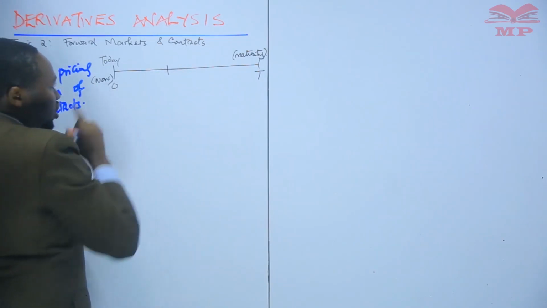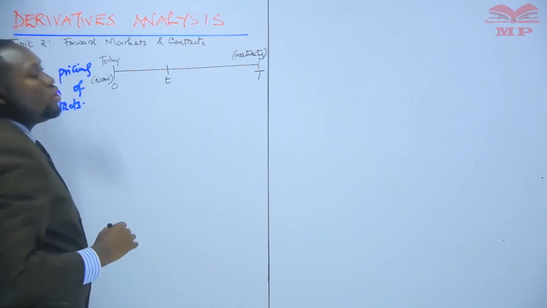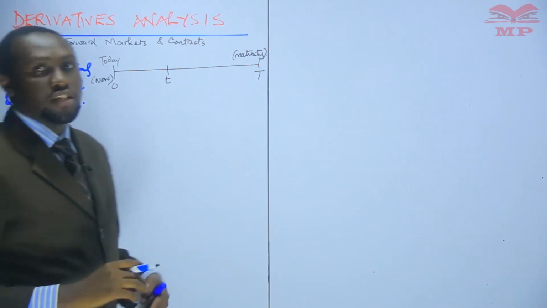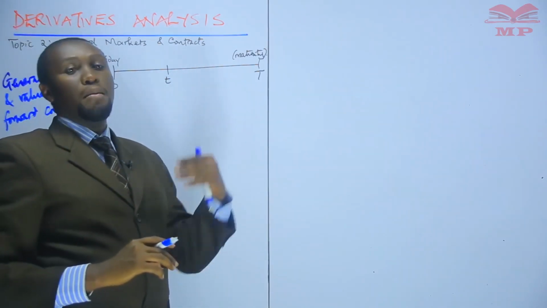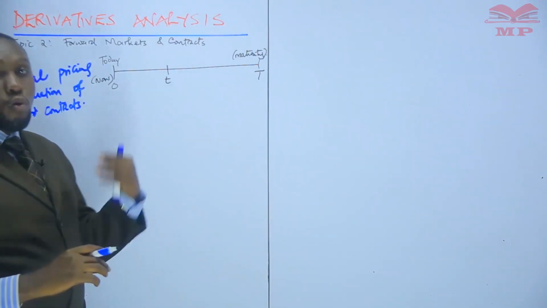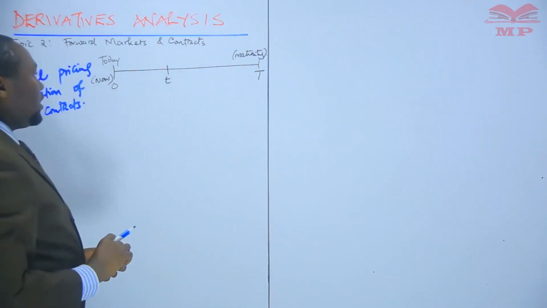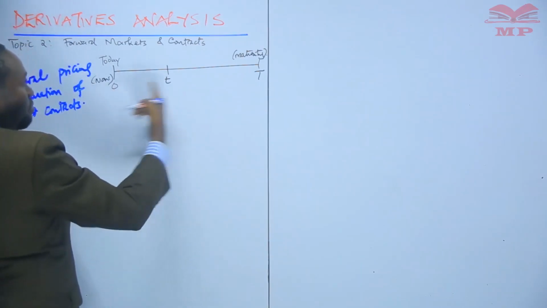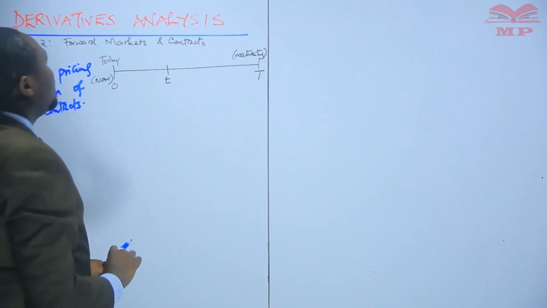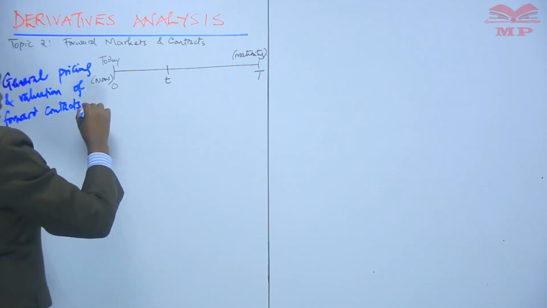after the initiation of the contract, parties may be desirous to know what value the contract has. Value in the sense that parties who hold a particular transaction in an underlying instrument will like to be either paid or pay to get off that contract. So that price in between before maturity is at an arbitrary time we would call t. So in the general pricing and valuation, at initiation,